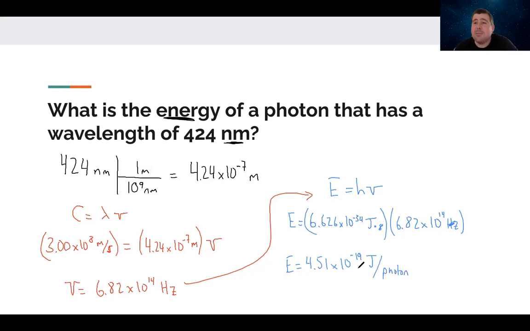This is a tiny amount of energy, and that makes sense because a photon is a single particle of energy. So oftentimes we'll convert this to joules per mole. And how do I convert between particles and a mole? That's right, Avogadro's number. So keep that on the back of your mind when you're practicing some of these types of